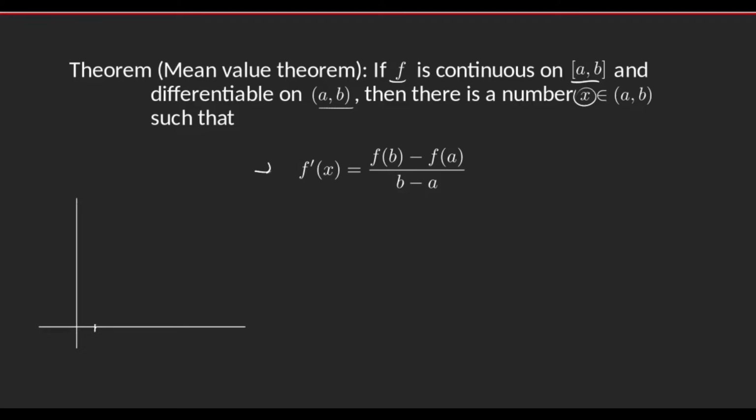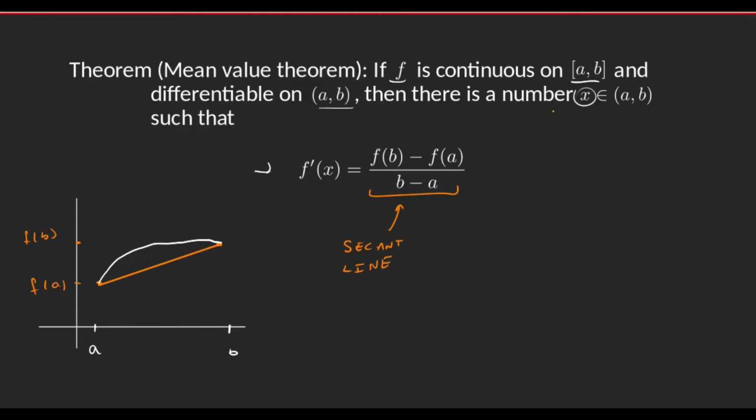Let's see with this example. We have the interval ab, and let's say that this is f of a, and here is f of b. And our function is continuous and differentiable on the whole interval, so it's going to be something like this, maybe. So what this is telling us is, well, if we draw the secant line through a and b, this part right here, this is the secant line, and it's this,